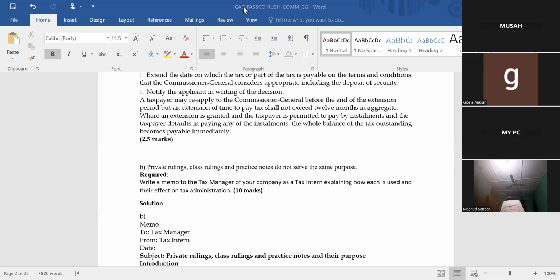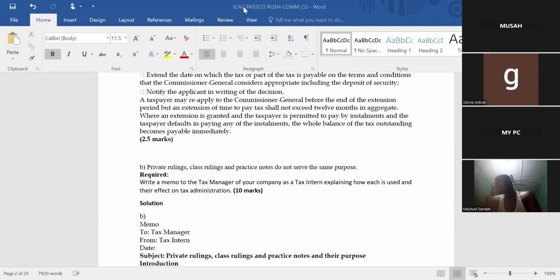You get it? So it means that if you are an assembly member, you can rely on that ruling. Because it is a group of assemblymen, different taxpayers, that came together to seek the interpretation of that particular transaction, that is, the allowance paid to them. And the Commissioner General was clear. Because it is rush, I will not go much into that, but the Commissioner General responded that the allowance should be subject to tax.